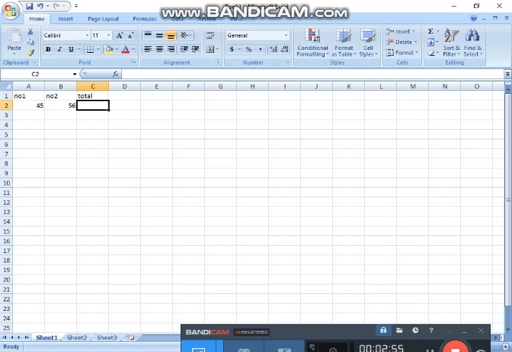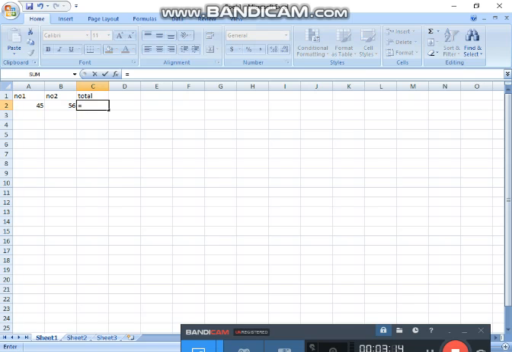Okay, sometimes questions come in exams. What's the alignment of the number in MS Excel? And what's the alignment of the text in MS Excel? Now how to enter the formula? Then here I am entering the formula. Remember it, a formula always starts with the equal to sign.